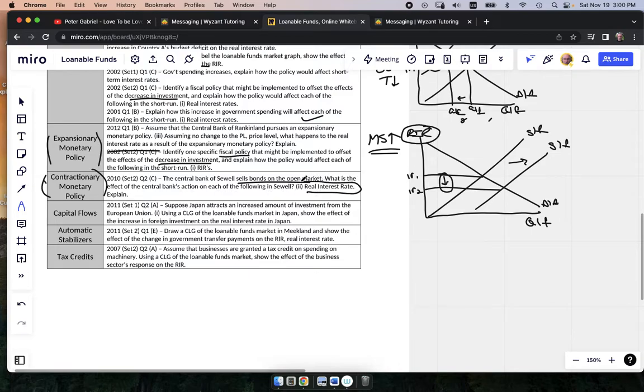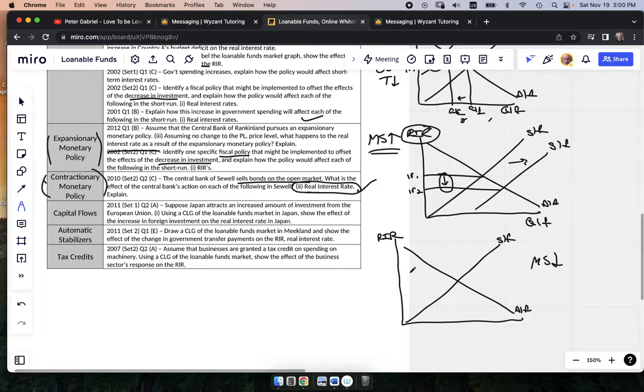As soon as they said real interest rate, anytime anybody says real interest rate, you're thinking loanable funds, because that is our loanable funds graph. It is about the real interest rate. So even though they didn't say loanable funds, they said real interest rate, and I know what's going on here. So they're selling bonds. That means less money. Money supply is going down. Supply of loanable funds decreases in the banks, driving up the real interest rate. So again, we just have to know how to draw it. We should be able to do it really quickly. It doesn't have to be perfect.